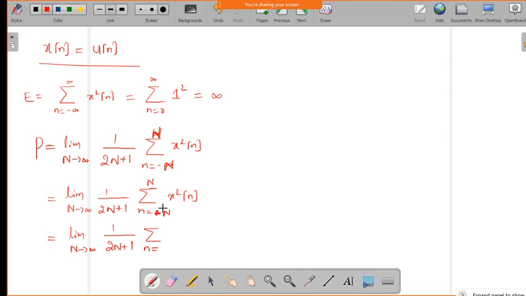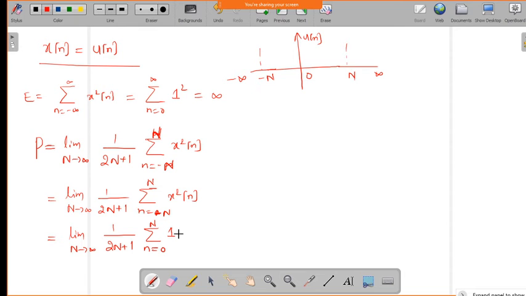So now here, minus n to 0, it is 0 because u of n only exists from 0 to infinity, but in our summation it is positive values of n. So the lower limit becomes 0 and the upper limit becomes n. Say, for example, somewhere here n is there and somewhere here minus n is there, but our u of n exists from 0 to infinity, while in our summation we have defined it from minus n to n. So from minus n to 0 the values are 0, and it exists only from 0 to n. So now these amplitude values are 1.